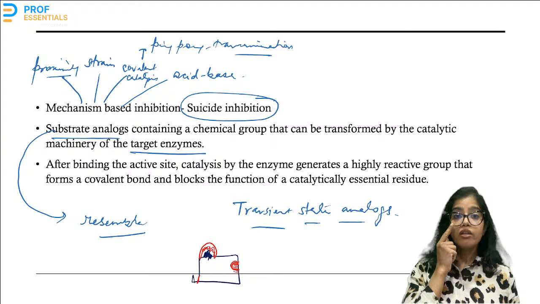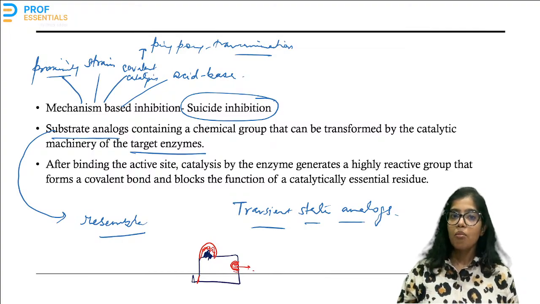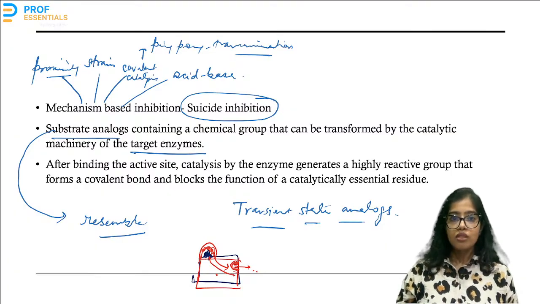And this is an important residue that was required to bring about a change in the substrate to form the product. So binding at one site is going to bring about a chemical change in another site of the enzyme, which is essential for catalysis. This is how this suicide inhibition acts. Suicide means binding on this enzyme is going to kill this enzyme itself. Okay, so something that resembles the substrate is going to bring about a negative change in its own molecule. This is why it is called suicide inhibition.